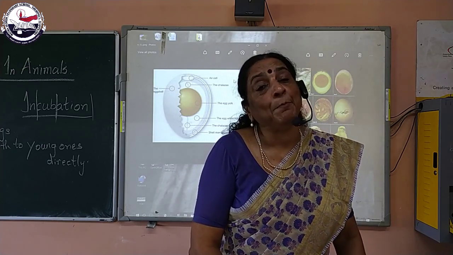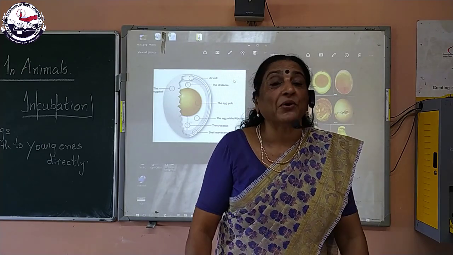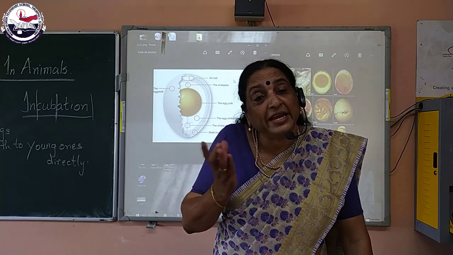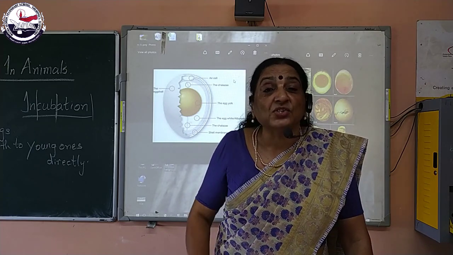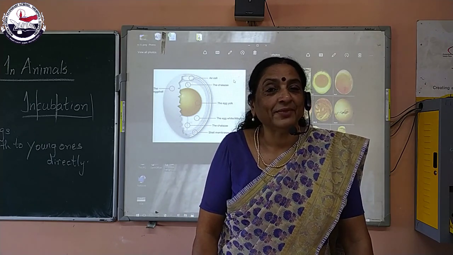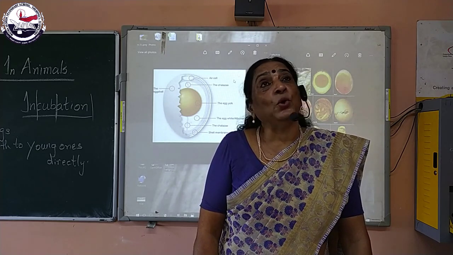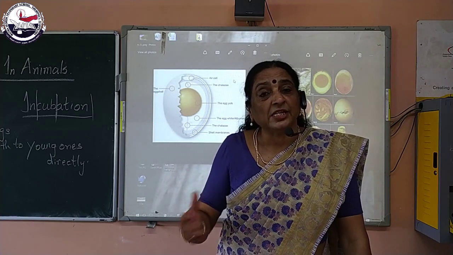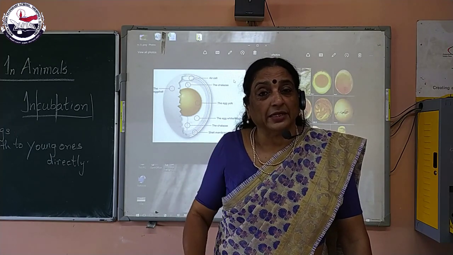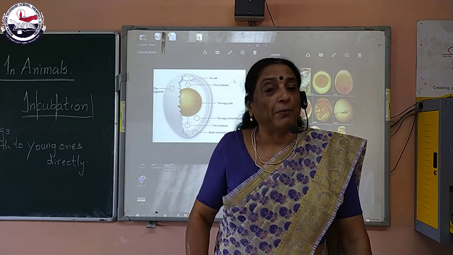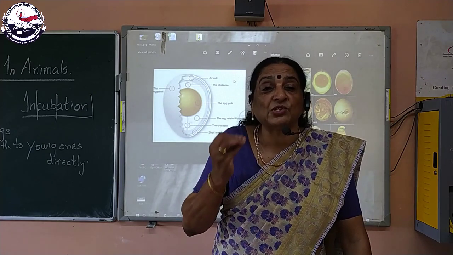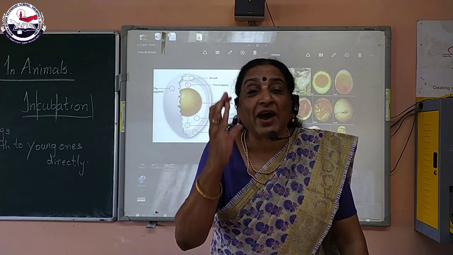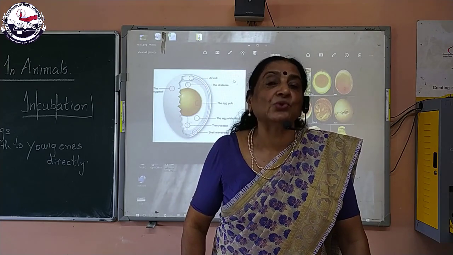It is rich in proteins. So that is very good for our health. The white part of the egg is very good for our health. That is why when we go to the gym, the doctors ask us to eat more of the white part of the egg. The white part is more useful to our body because it is a rich source of protein. Understood? The white albumin is a rich source of protein.